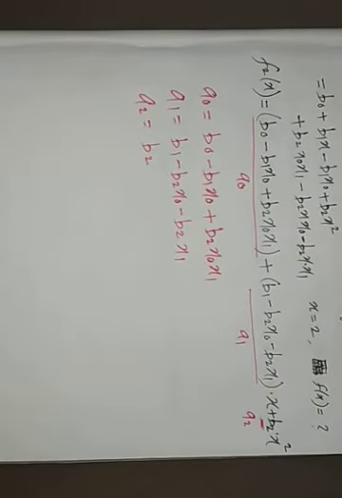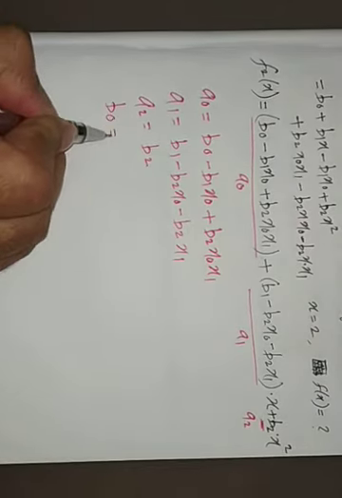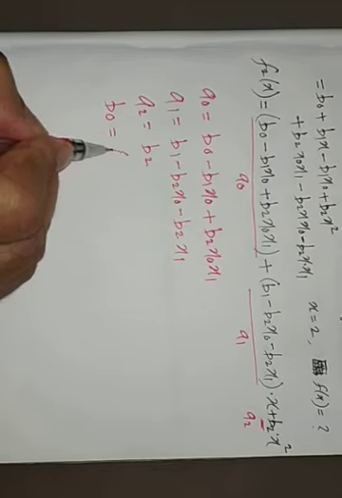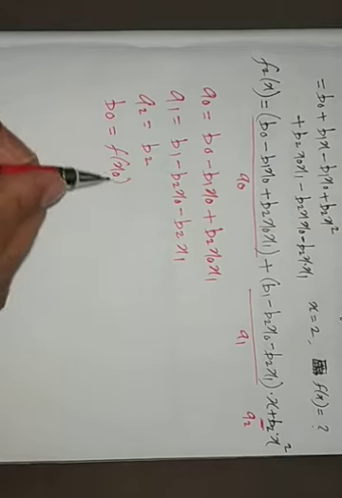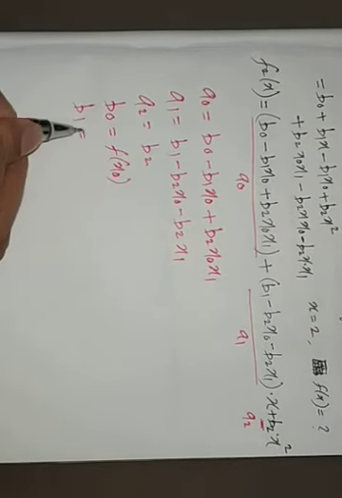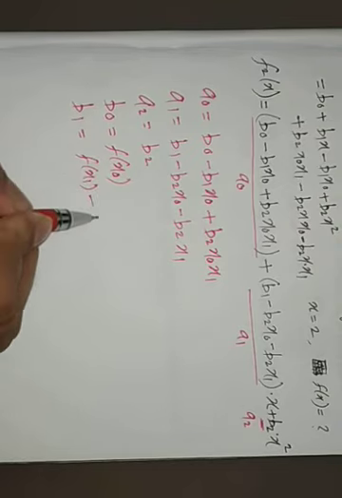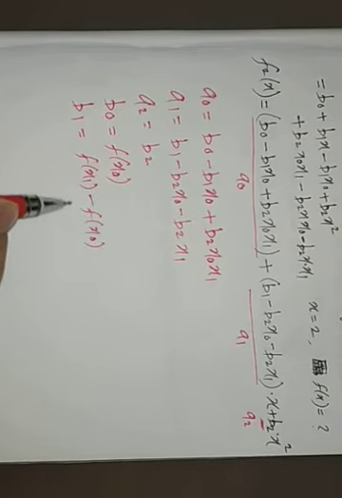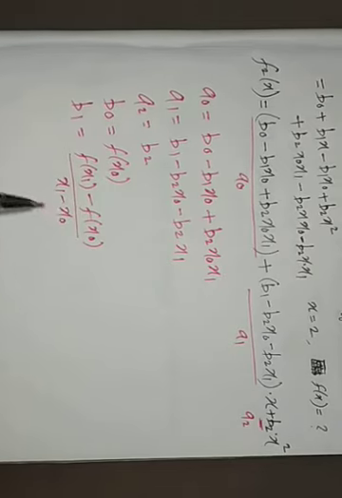Okay, then how to find out this b0, b1 and b2? So we have the equation for b0. It is equal to f of x0. Okay, and b1 is equal to f of x1 minus f of x0 divided by x1 minus x0,